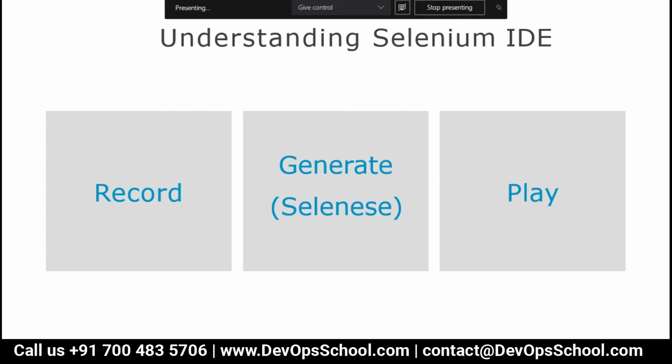You can do that through an extension, and that recording will be converted into the Selenese, that we call generated Selenese. In Selenium keyword we call it Selenese. It's a kind of script. You get it. And the Selenese script you can play as many times as you want. That's one thing. And second thing is you can convert that Selenese script to any programming language, like JavaScript, Java, or .NET, C++, which you can do with the WebDriver.